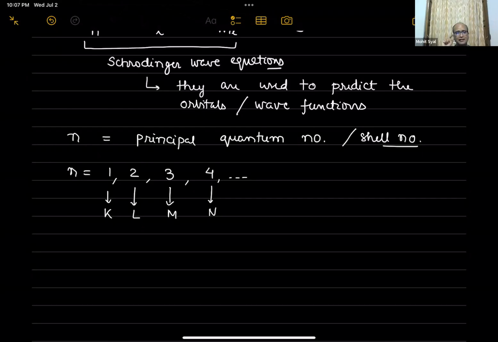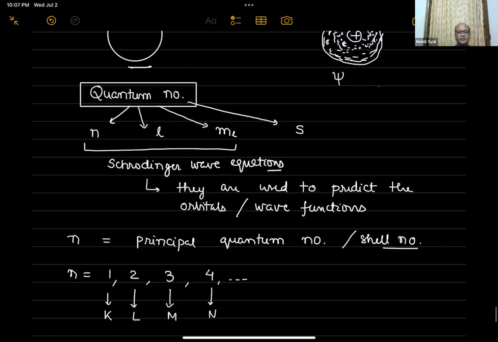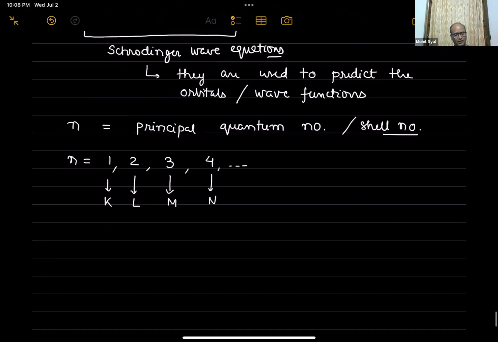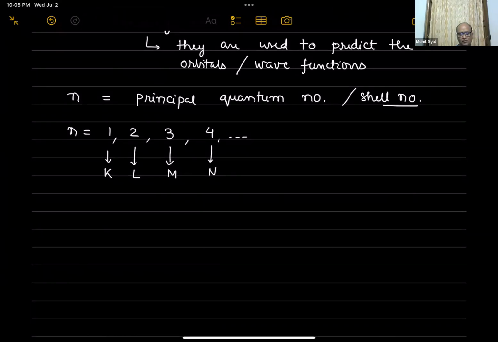N is the symbol for the principal quantum number. Normally, in the equation, you put n as 1, 2, 3, and you get the wave functions for the first shell, second shell, third shell. But that mathematical part, we are not going to do it here. These wave functions are mathematical equations, and we put these numbers in to make their solution meaningful to us. Normally we are not going by mathematical equations, we are going another way, but we will reach the same point. What else does this n denote?